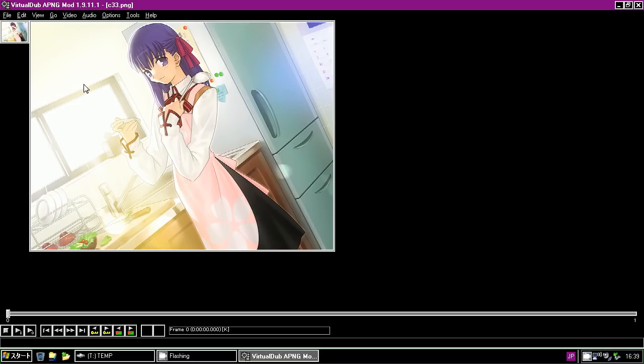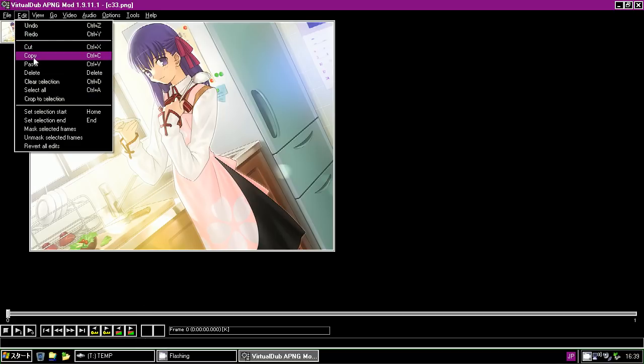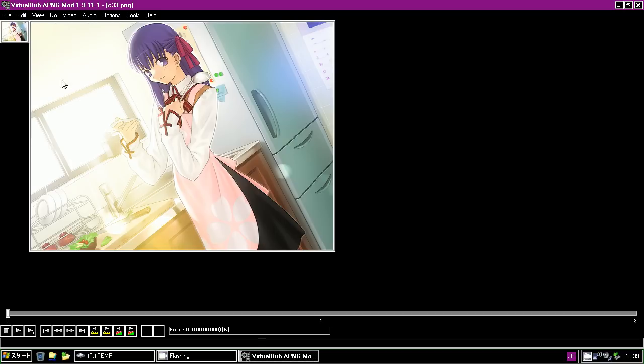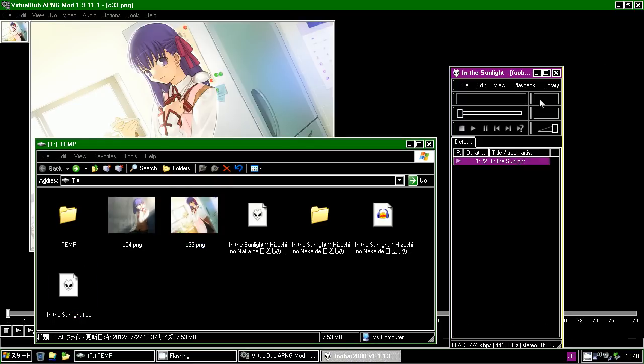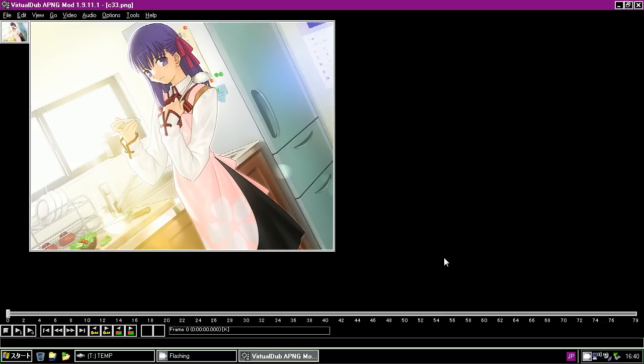Next, we need to actually copy that. Do we just paste? Yep, we just keep pasting. Okay, you can use keyboard shortcuts again. Control V. You just hold that down, and you can see it just goes. Because we set it to be 1 frame per second, however many frames you have, that's your time. That makes it really easy. So, 79. How long is that song again? 122. Okay, that's going to be 82 frames. Okay, I'm almost there.